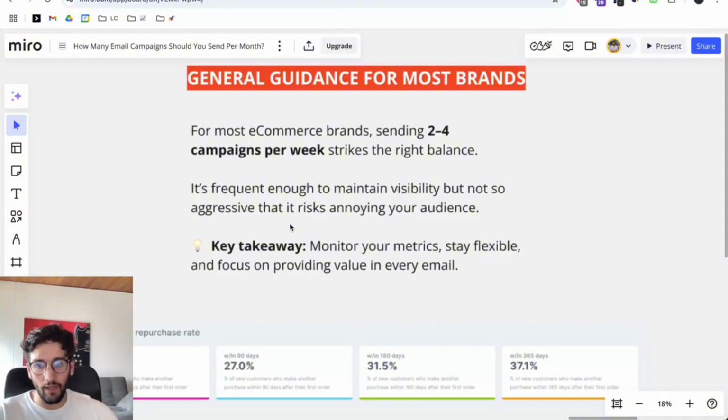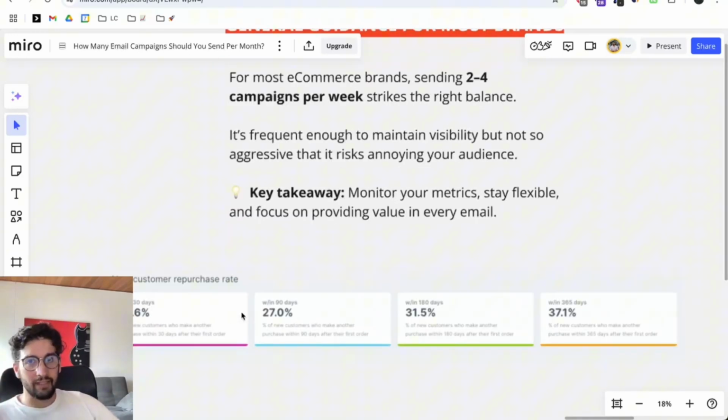So the key takeaway: monitor your metrics, but stay flexible and focus on providing value in pretty much every single email you send, okay? And again, take a look at some retention metrics. You can use an app like Lifetime, for example, to take a look at lifetime value cohorts, repeat purchase rate,